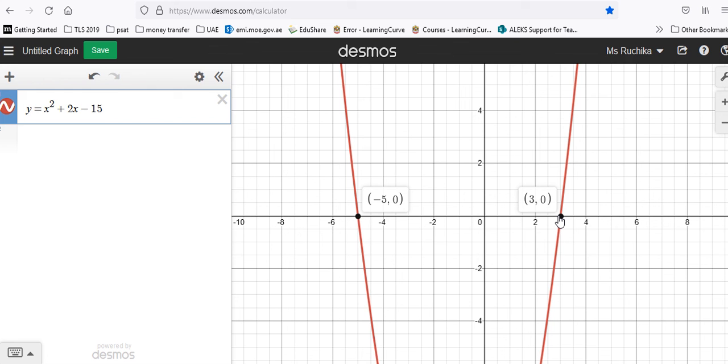So very clearly, I hope within a minute or so we could get the graph from Desmos. You can also use your graphing calculators